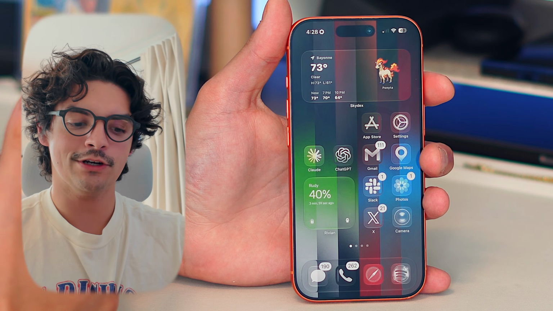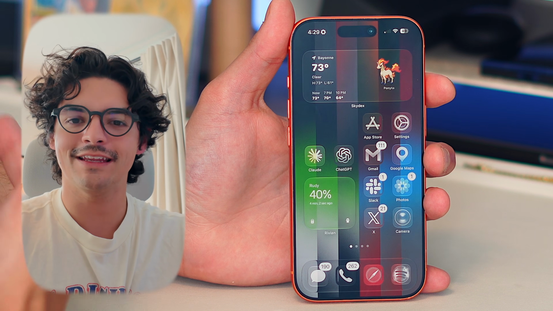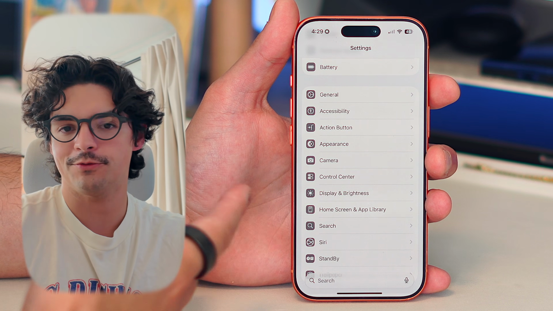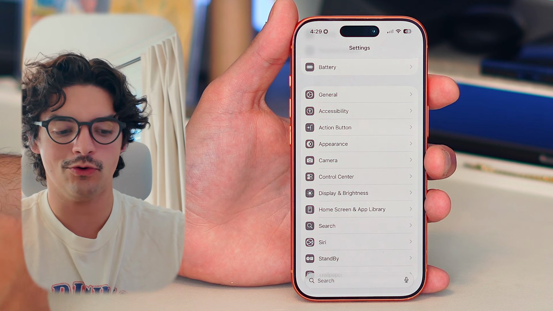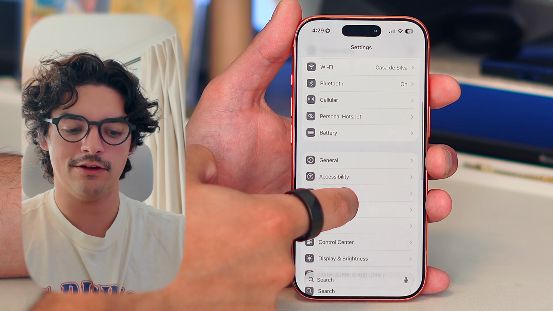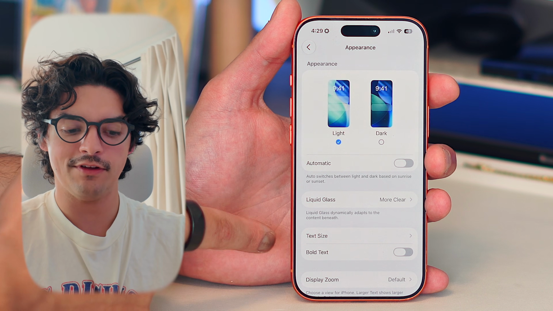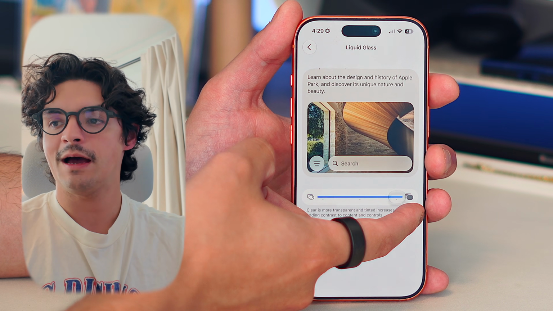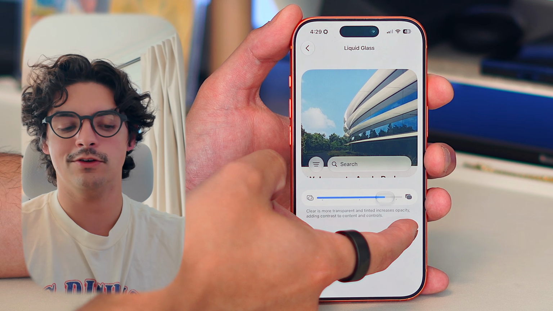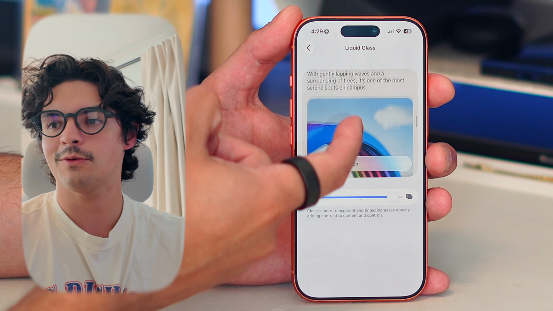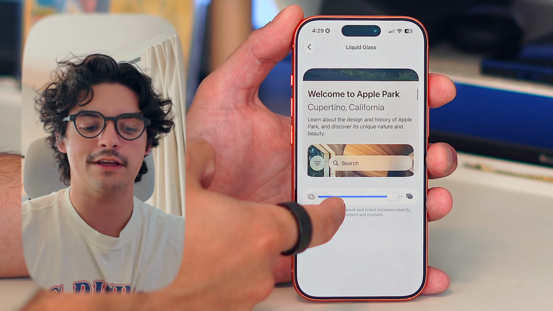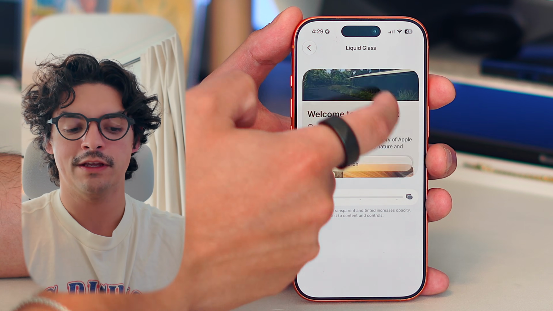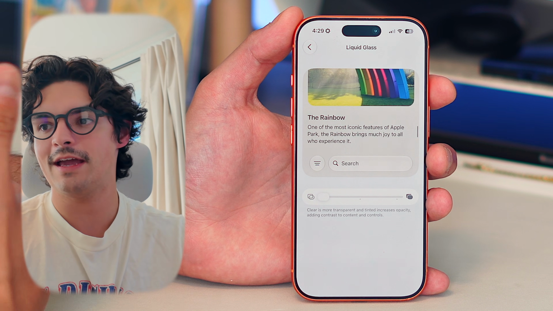So next up, Apple started off with showing off a slider for the amount of liquid glassiness that you want to portray inside of your UI, because people kind of fall into different camps, right? They either like it a lot or they don't, or they want to go back to the old one. But if you go into your settings and go down to where it says appearance, you now have a liquid glass slider. This used to be a toggle. If you tap in here, you now have a slider which shows you how much opacity, how much liquid glassiness you want. You can slide this to demo it to see what it looks like with different types of backgrounds as well, and see how it handles that. So I like to have it as clear as possible, but